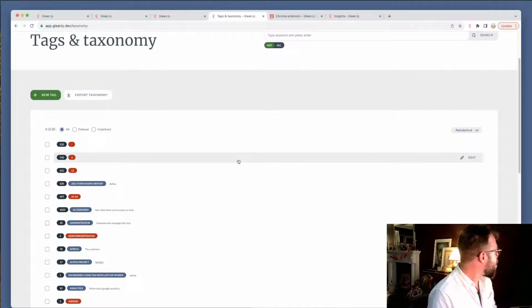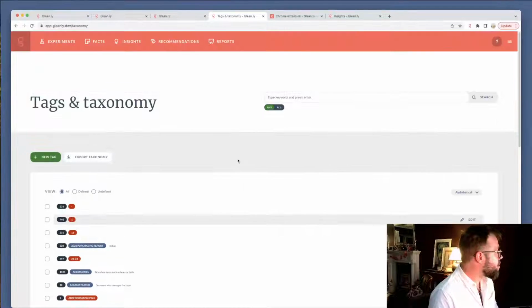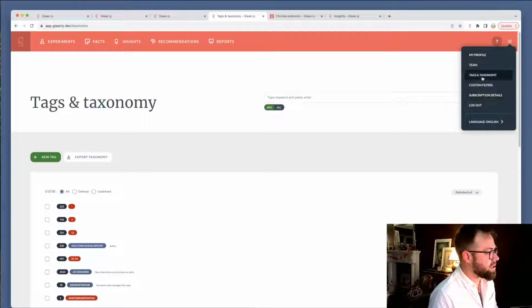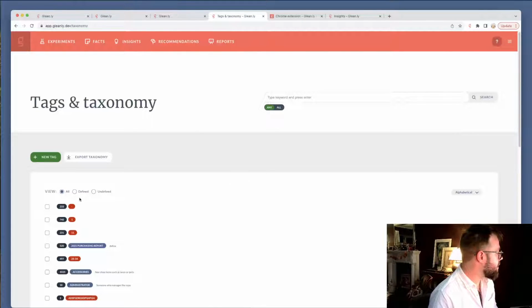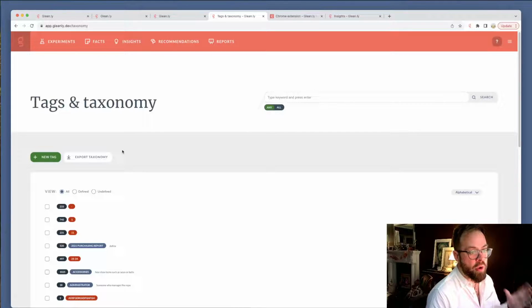So, right. We're looking at two sections here that we need to look at. First is tags and taxonomy. The second is custom filters. So as I mentioned earlier, there is a difference between them. They both work as taxonomy, but